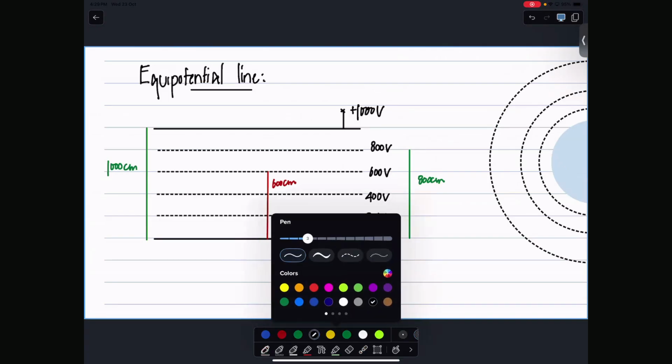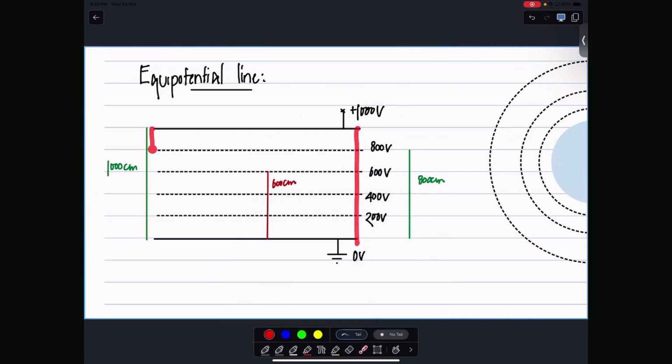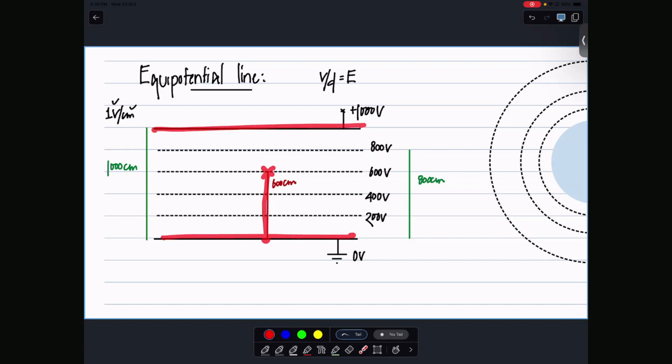What is the ratio of my full potential difference to the full distance? 1. So 1 volt per centimeter. What is the ratio of this 800 to that 800? 1. Every single location you go here, this ratio of voltage by distance is going to remain what? Same. And that voltage by distance, V by D, eventually we realize is the value of what? The electric field strength, which is what everywhere? Same. So some of you take the full voltage but a middle distance. Do you get the right ratio? No, right? Because aren't you taking the full potential and some middle distance?